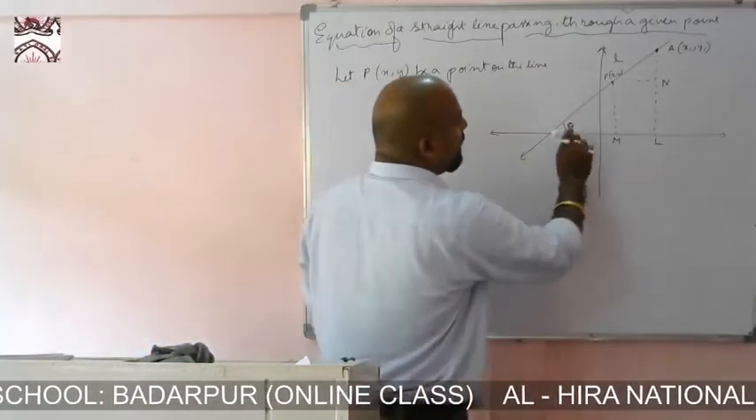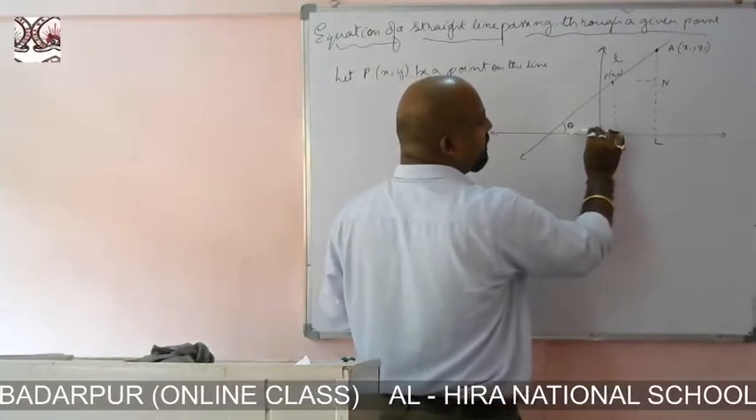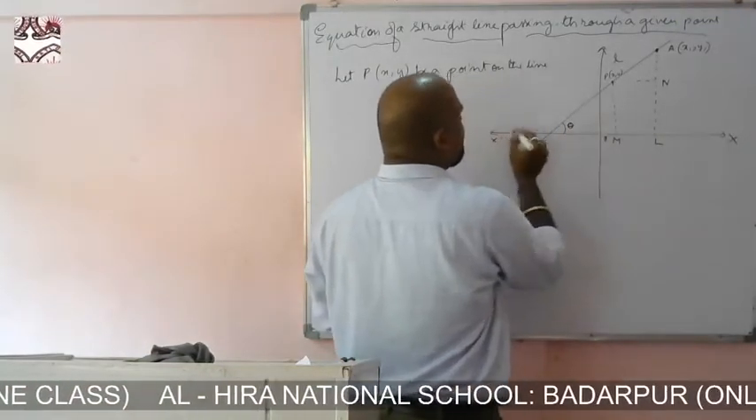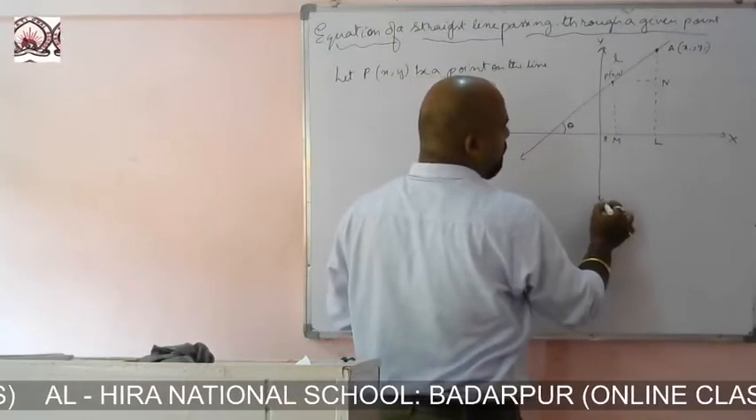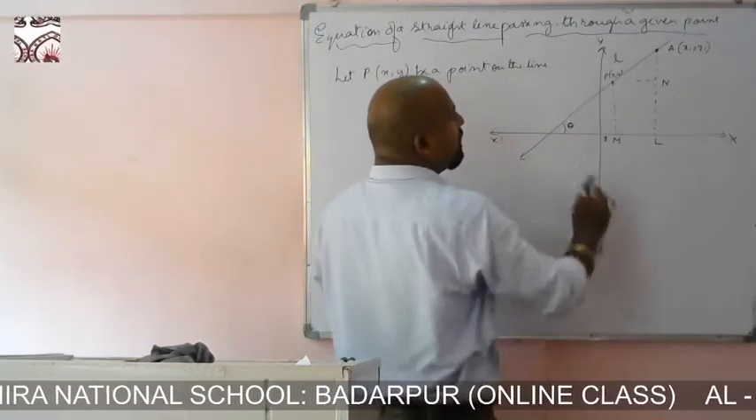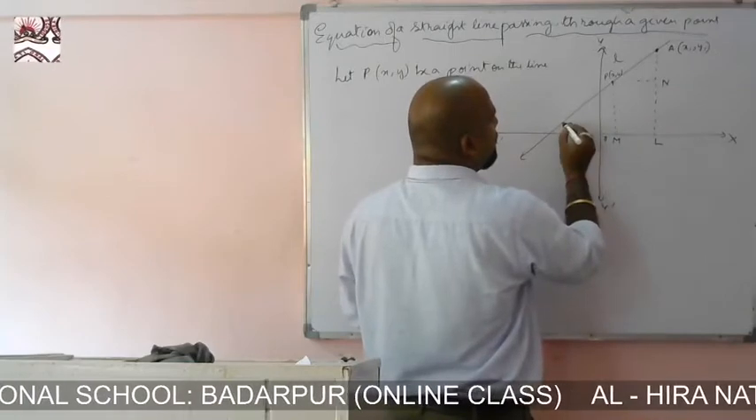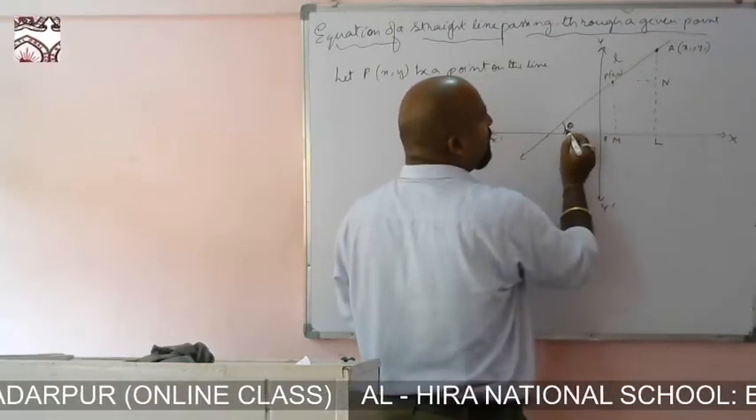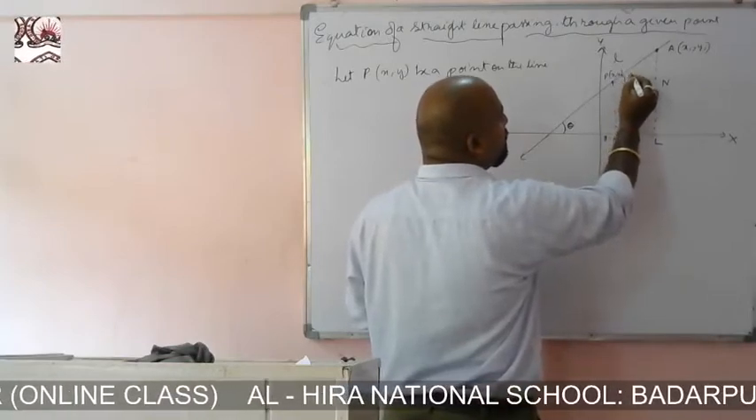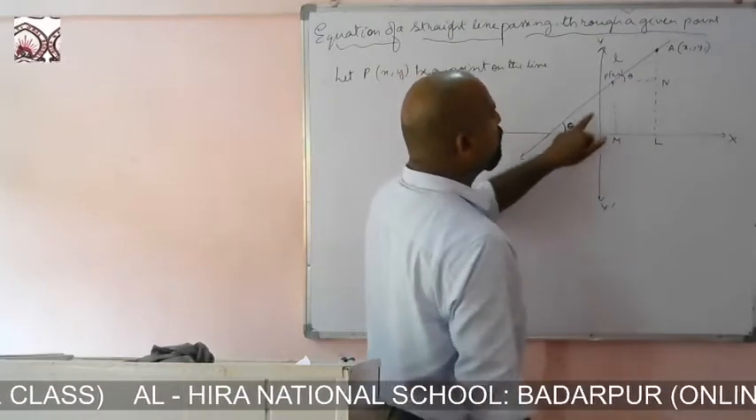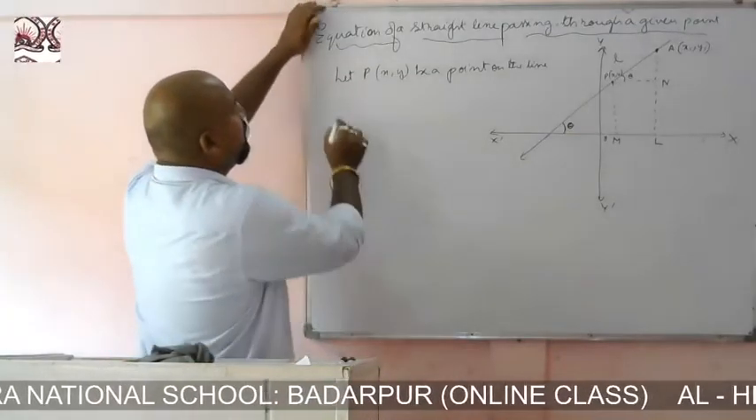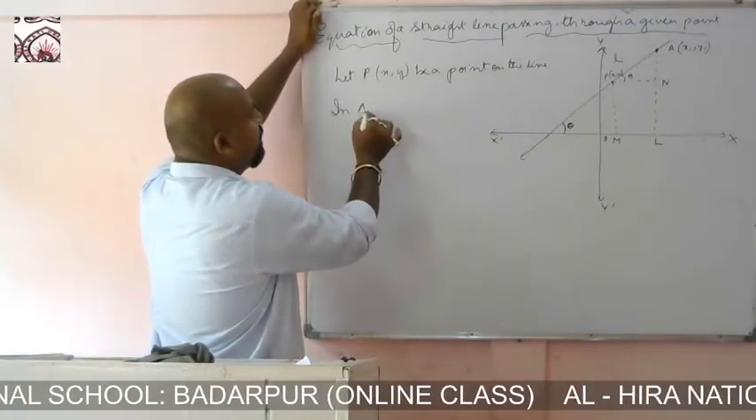Now see this line, the x-axis. This is X'OX and this is Y'OY. Now this line is parallel to this line. This angle is theta. This line acts as a transversal. So this angle also becomes theta because of corresponding angles. Now if I see the triangle PNA,